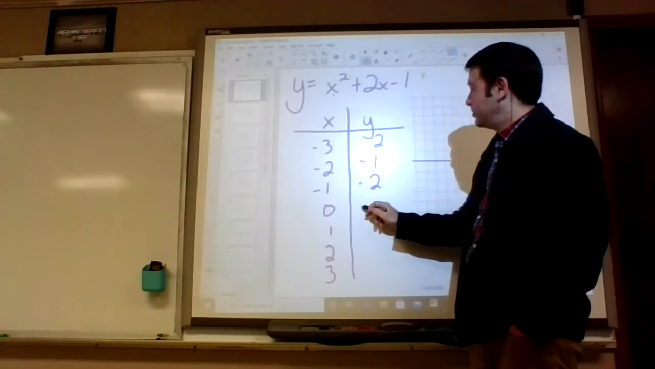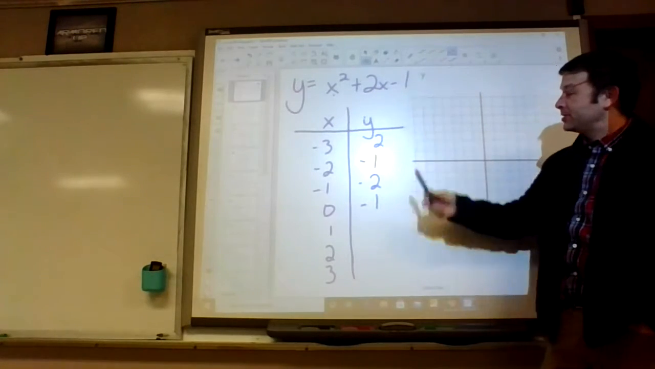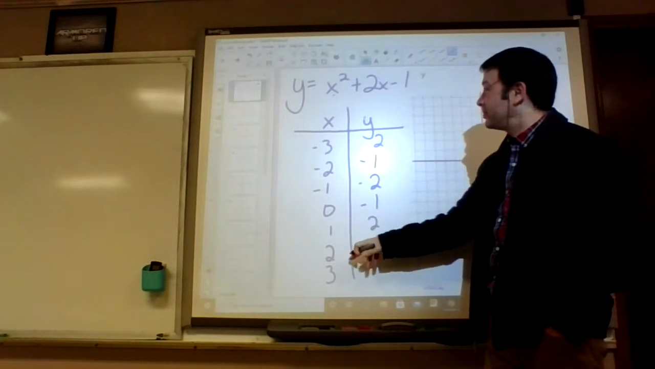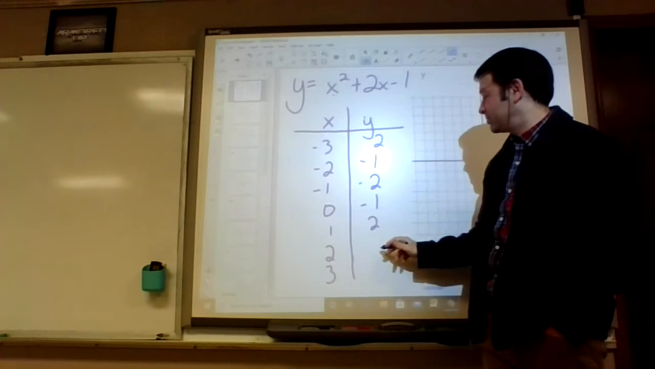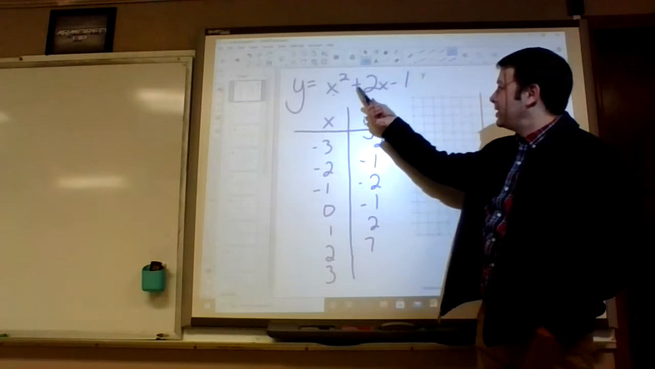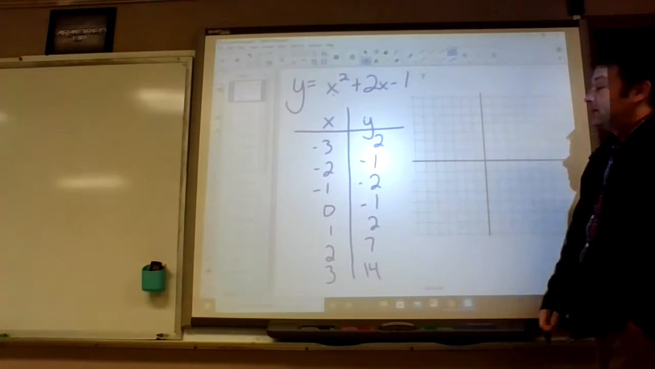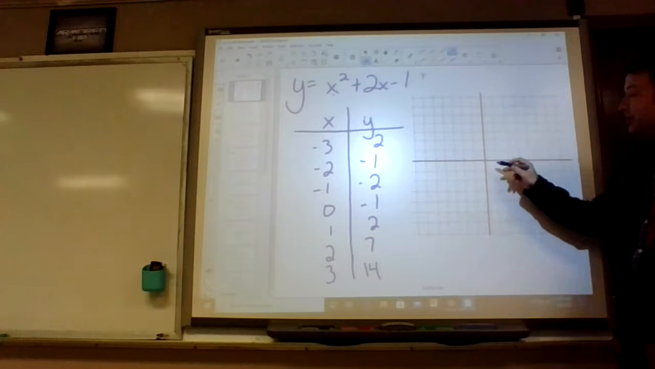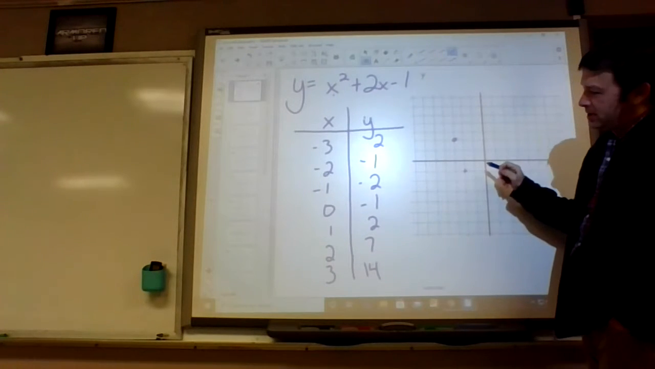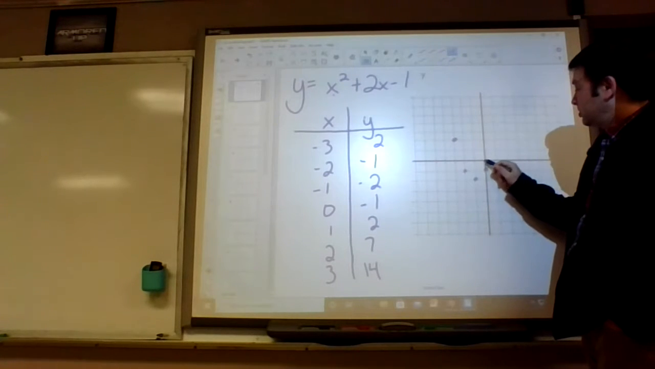If I plug in 0, that one's kind of easy because that becomes 0, 0 minus 1. If I plug in 1, if I plug in 2, 4 plus 4 minus 1. So it's starting to get pretty big here. If I plug in 3, 9 plus 6, 15 minus 1 is 14. Alright, and then you graph those points. -3, 2, -2, -1, -1, -2, 0, -1, 1, 2,